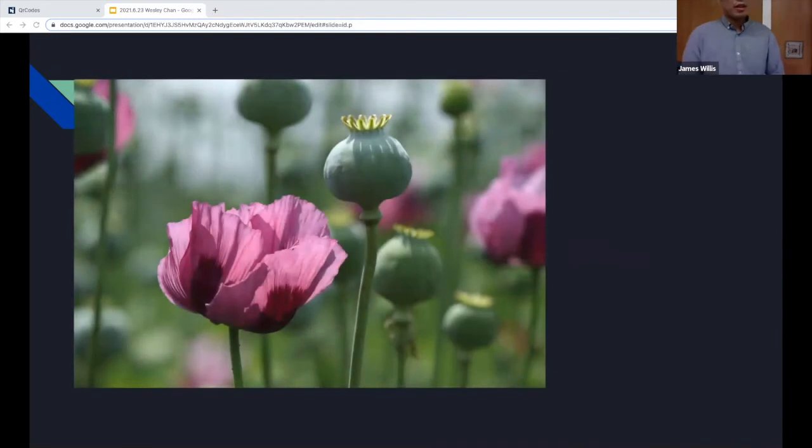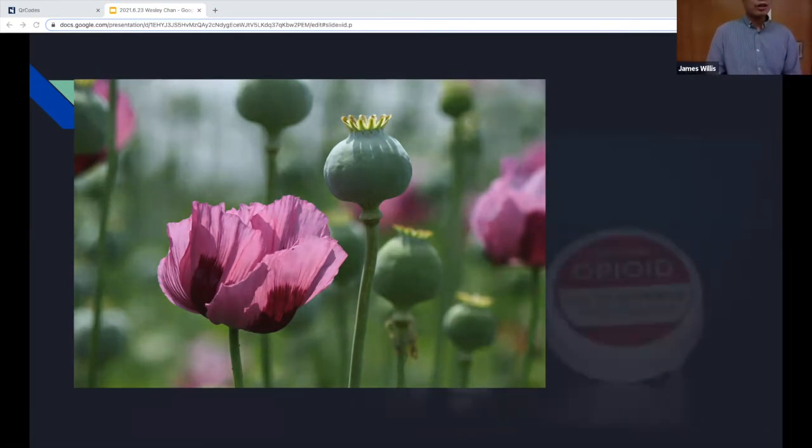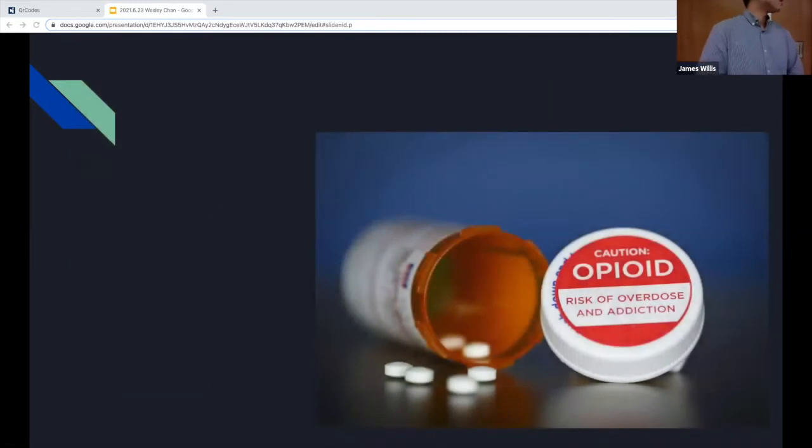Opioids are derived from opium, which is a narcotic drug and the main component of opioids, which is derived from the poppy seeds. I'm not going to pronounce the species because I'm going to butcher it. Opium was first documented as being introduced in Western and Central Europe between roughly 16,000 and 3,500 BCE. Initially it was pretty labor intensive to extract the opium, with drying and other processes, but now we have pretty well-established ways of creating opioids.